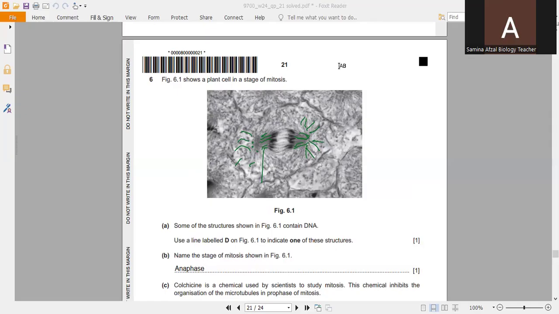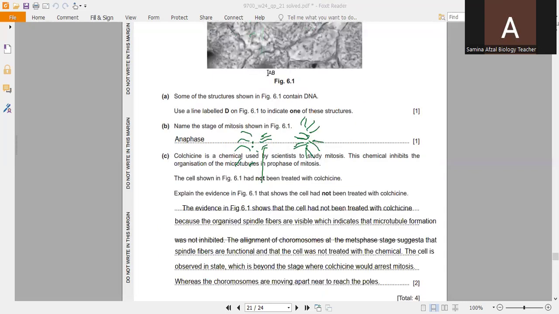So it means spindle fibers are there, microtubules are there, and these chromosomes are attached to these microtubules or spindle fibers. I would like to say that the presence of organized spindle fibers indicates that the microtubule formation was not inhibited, suggesting the absence of colchicine. It means colchicine was not there. The alignment of chromosomes at the metaphase plate suggests that spindle fibers are functional and that the cell was not treated with colchicine. So this is the way we can say that colchicine was not used for this purpose. Now, the answer after this explanation, the answer which I have written: